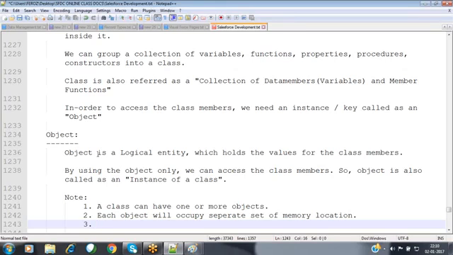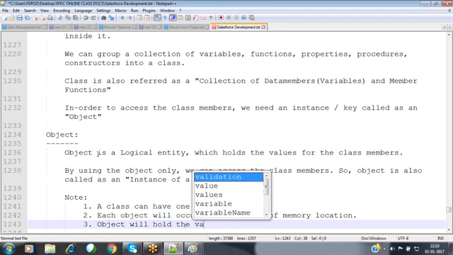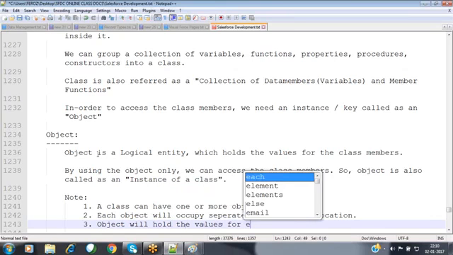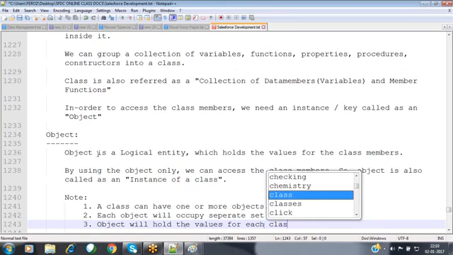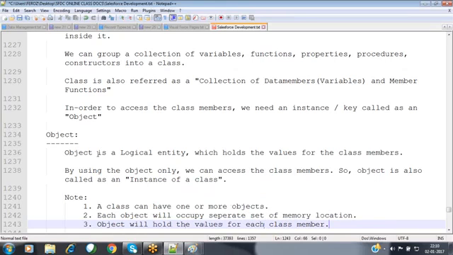Now, the object will hold the values for each class member. For each and every class member, it will hold the value inside it, so the memory will be allocated for the object only.